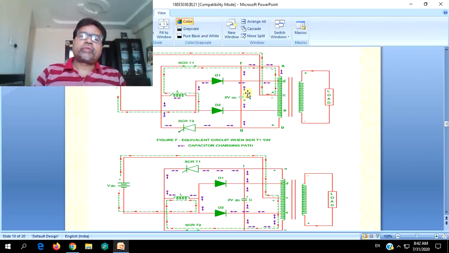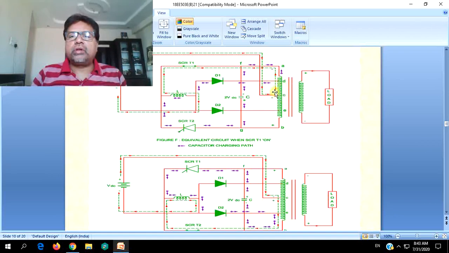At the same time, once this is totally turned off, the discharge continues in this direction via L, D1, D, A, F and back to C. So the total discharge of the capacitor will be from C, G, T2, L, D1, D, A, F and C. That is how the stored energy inside the capacitor is fed back via the feedback diodes to the given section of the primary, that is only CD, it is not CA.